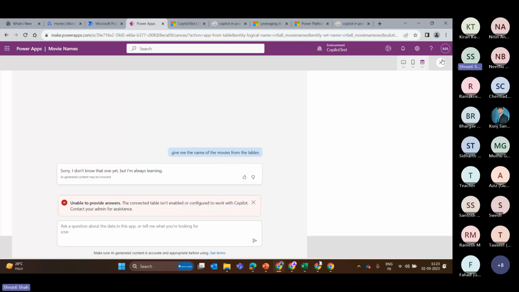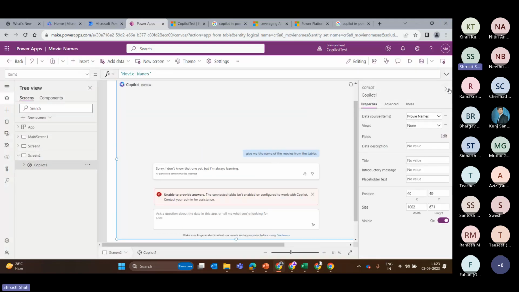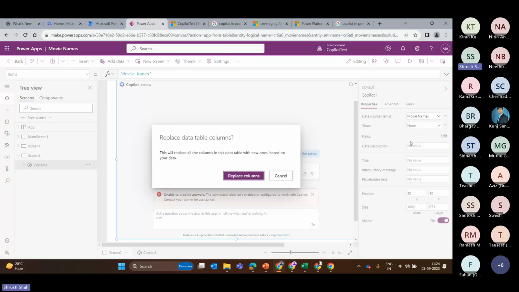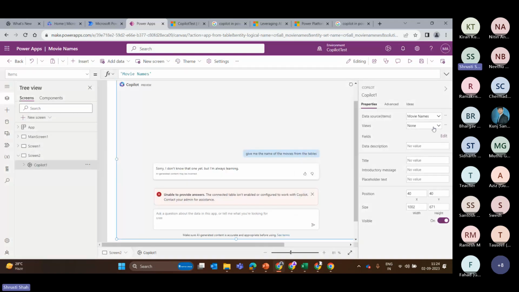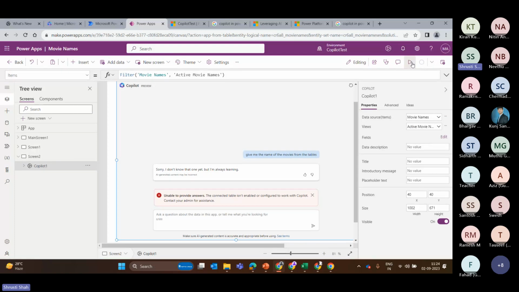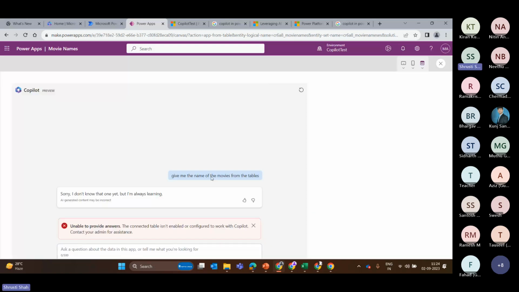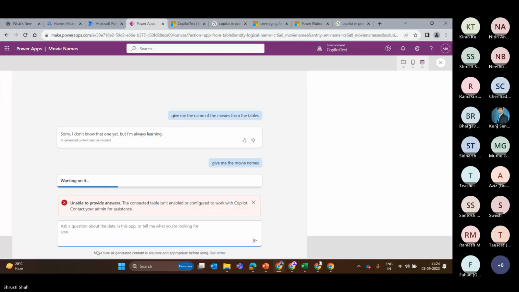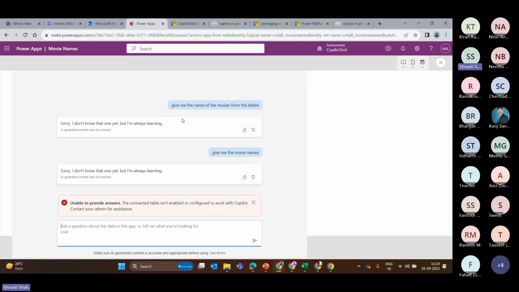There's something wrong, probably a configuration miss. I think the table is good, but the views, active movie names, and let's see. And this is how you can have your Copilot component attached to a data source